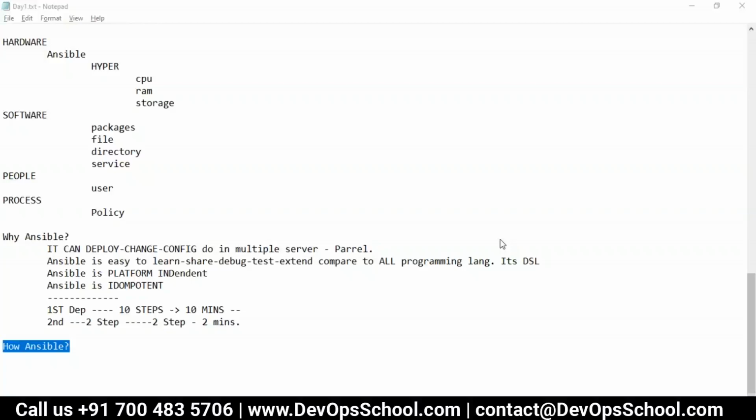Now, what is a human? I'm not going to define it because you know that. And here, what is ACS called? Ansible Control Server. And ARS, what does it stand for? Ansible Remote Server. So let's have some visualization, so probably we'll get it.